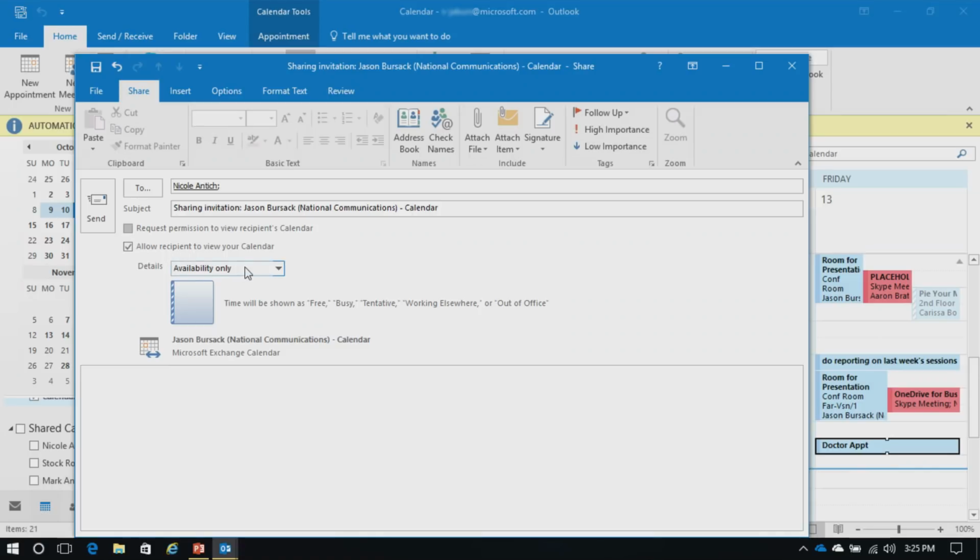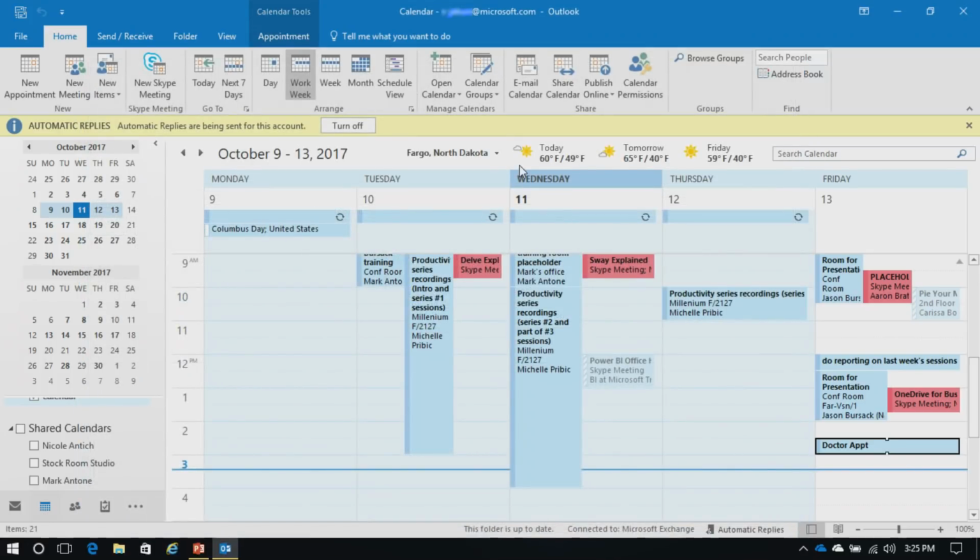And then I can choose here my details. So limited details are available or full details. And then I would go ahead and click send. Okay, so that's how I share my calendar. I can also email my calendar. If I go here,